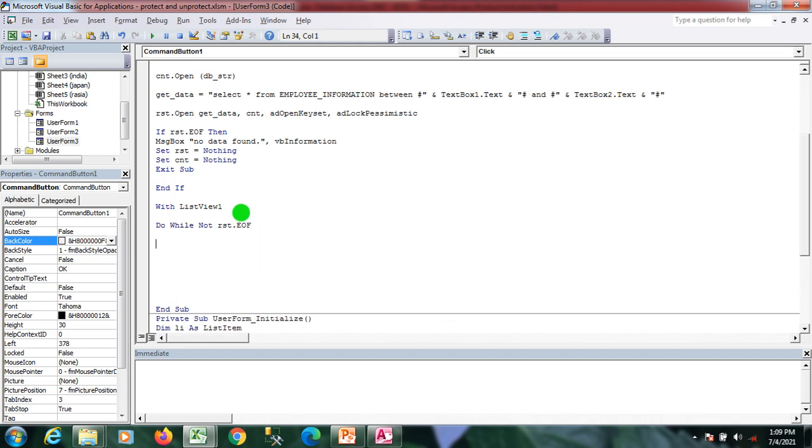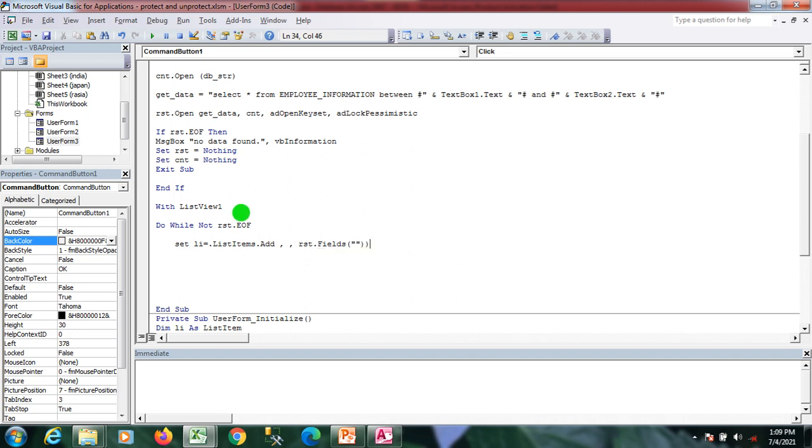Here I'm simply setting li equal to ListView.ListItems.Add. Here I am simply adding the field.